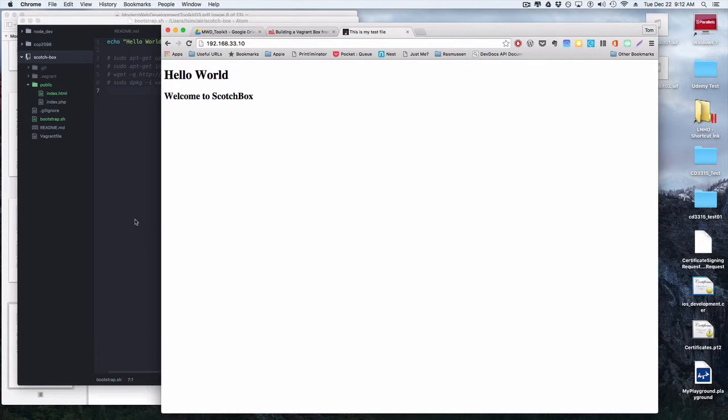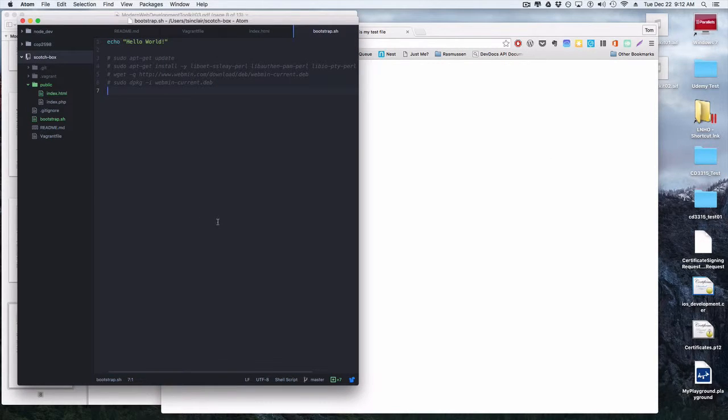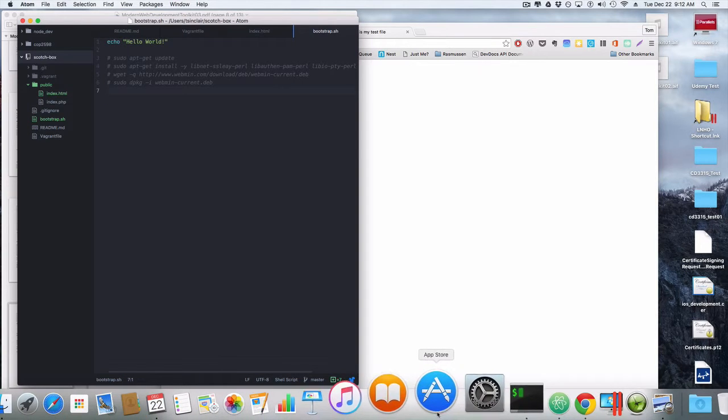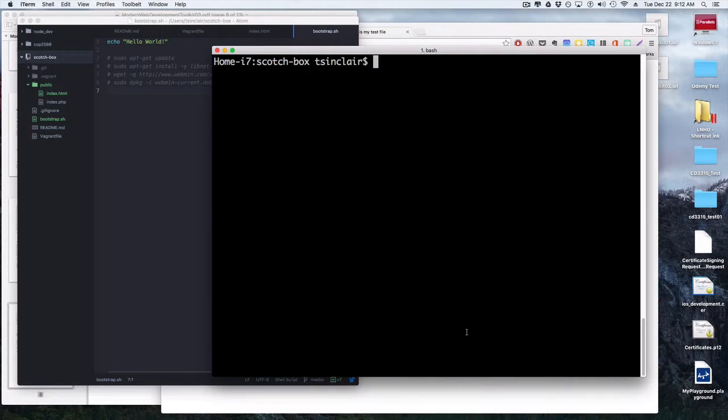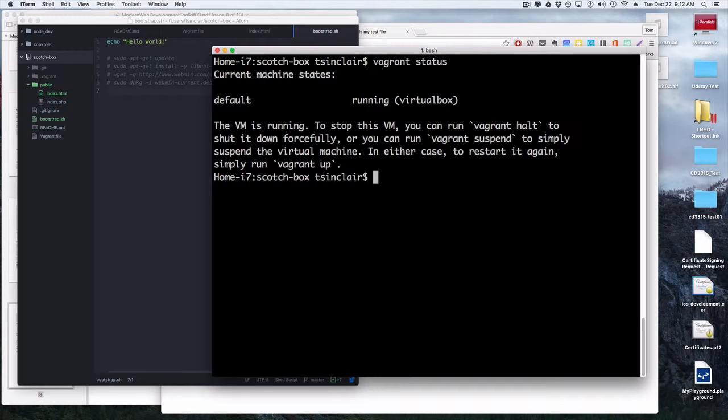So, in your favorite text editor, and I'm using Atom, I create a file called bootstrap.sh. You can call it anything you want. Just remember, .sh is a handy way of reminding me this is a shell script, and the bootstrap just means it runs on boot. So I started out here with a real simple command, good old hello world. Use the echo command, and now I'm going to tell Vagrant that it has to run this command. First, I'm going to do a quick status just to make sure, since it runs in the background. Every once in a while, I just run status to make sure the machine's running or not. So I'm going to go provision,